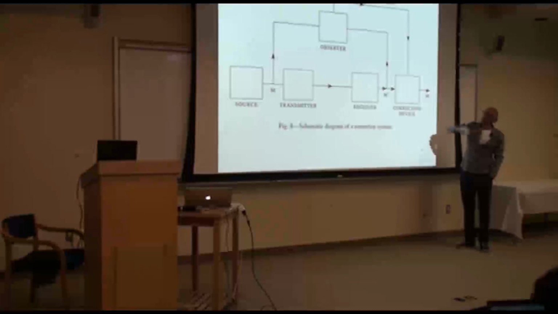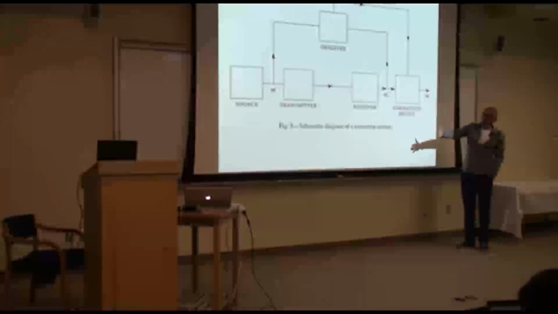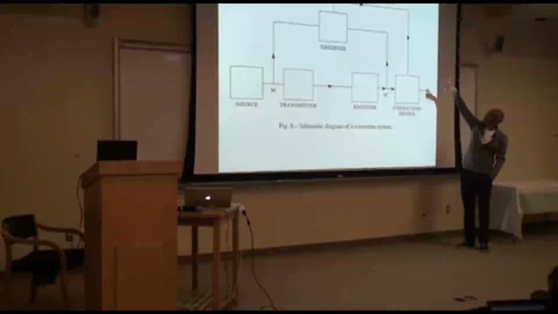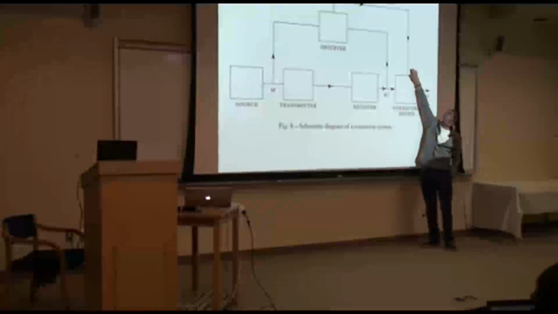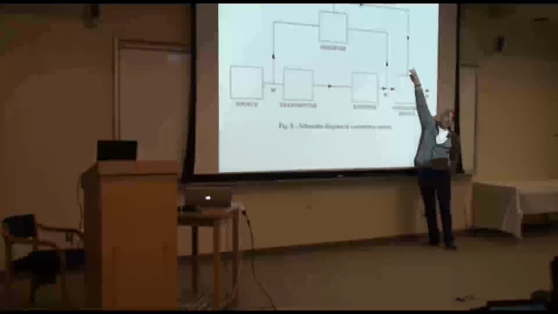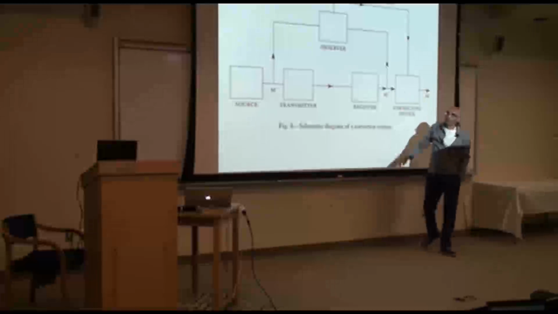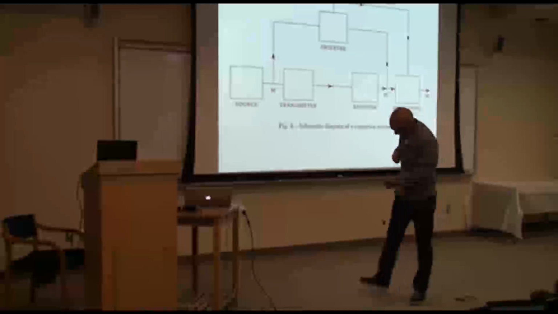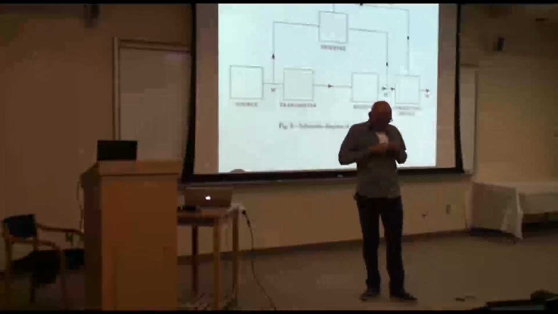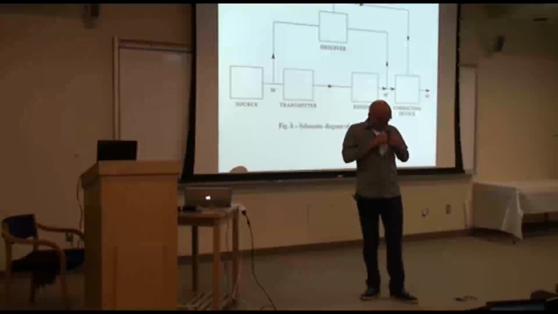And since those errors don't happen IID with probability 1/2, otherwise the capacity would be 0, then you can compress that sequence that tells you where the errors happen, tell the correcting device, and then how many bits do you need here? So you need the conditional entropy of the input given the output.